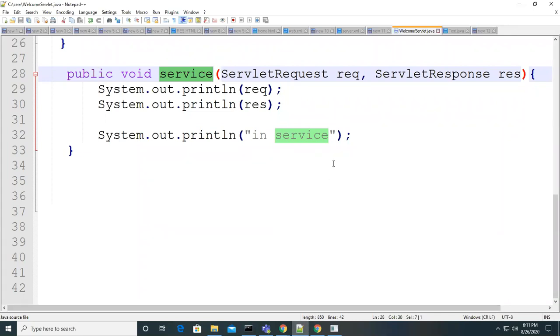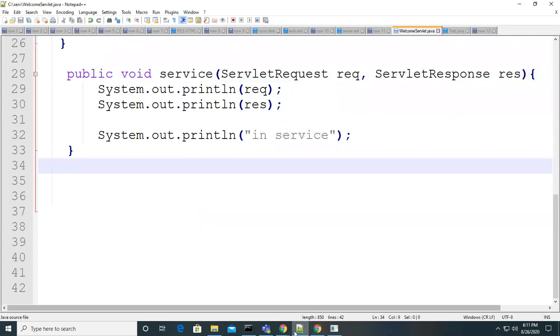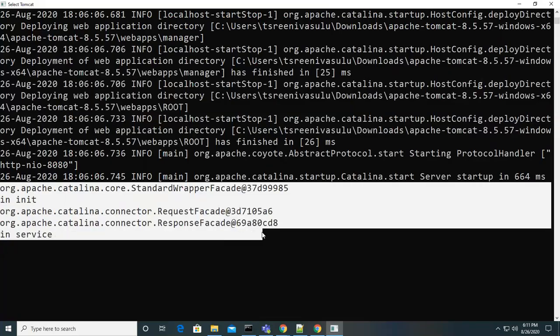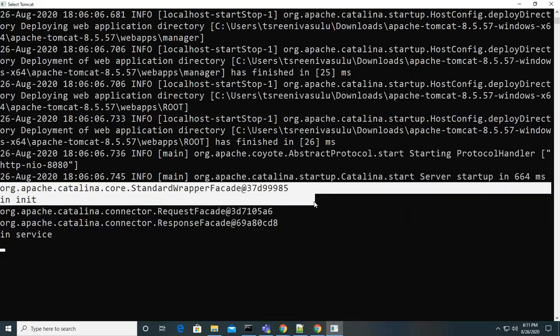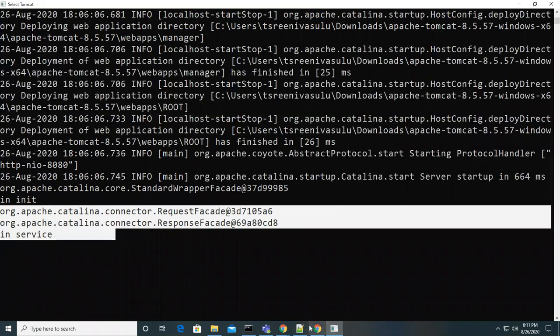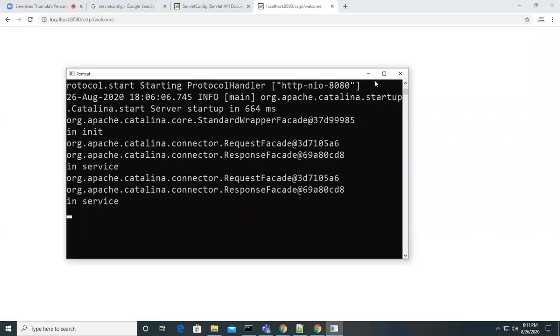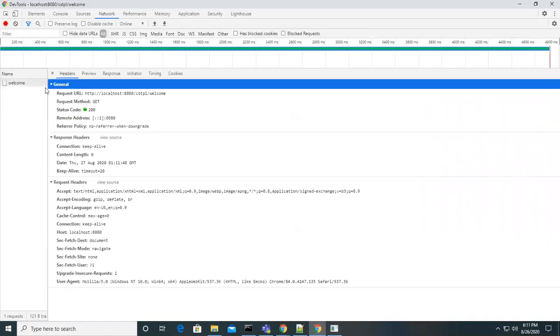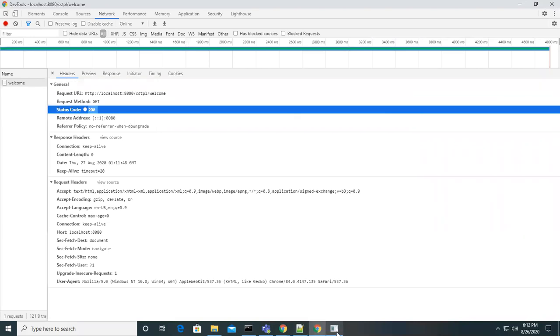Now let's try to understand another thing. Again, I'm going to send a request, guys. Please look at this carefully. These are the things we have in the console till now. First it calls the init method and then it calls the service method. Now again I'm going to send the same request, clicking on enter. The request is going and the server is taking it, and the request went successfully and executed, and you can see in the console also that the request came and we got the 200 status.